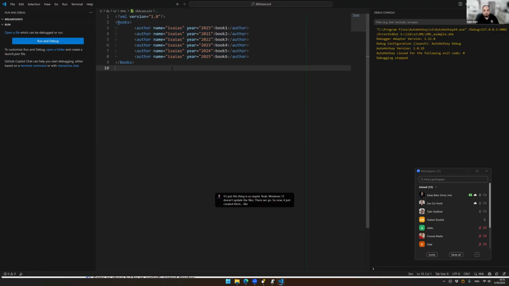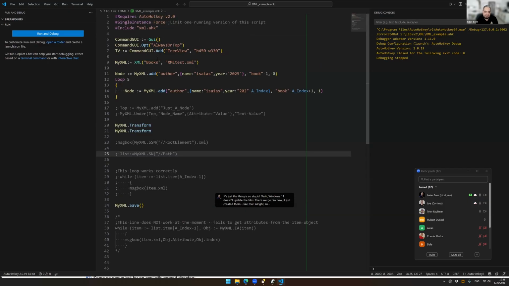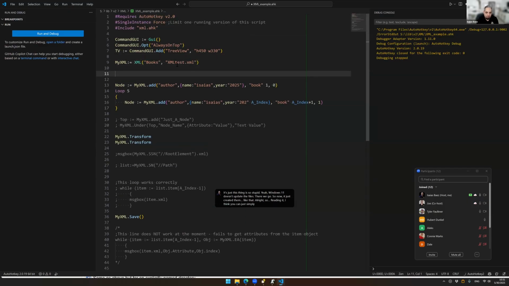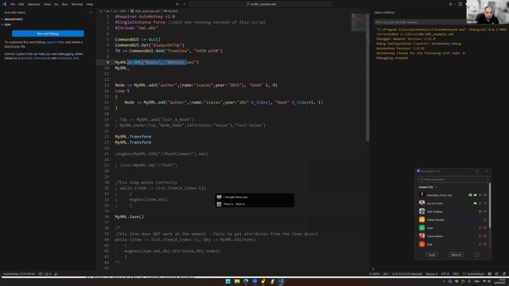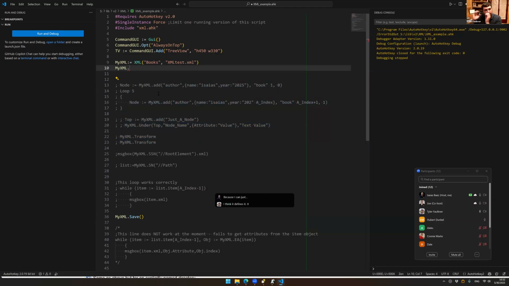like that. All right, so reading it, I think you can just simply do, you load your object, right? I think you just do my XML load. No, you don't have a load. I thought there was. I think just by opening the XML with the name of the file, it already loads it. I think it defines it. If it exists, it connects to it. If it doesn't exist, it creates it. So I can just SSN